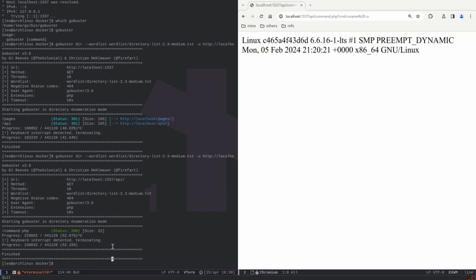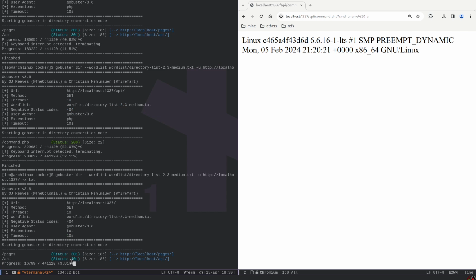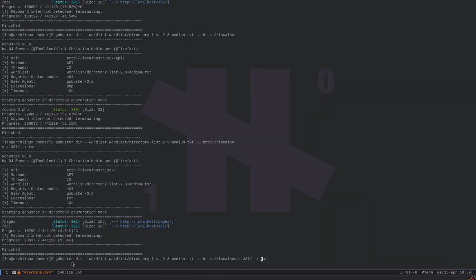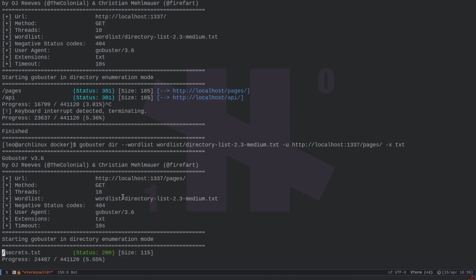How did we do that? Because first we discovered the API directory, and then we enumerated within the API directory with a specific file extension. Another file extension that I typically use is the -x txt file extension, and specifically, if we enumerate the pages folder this time with the txt text extension, what do we get? We get this